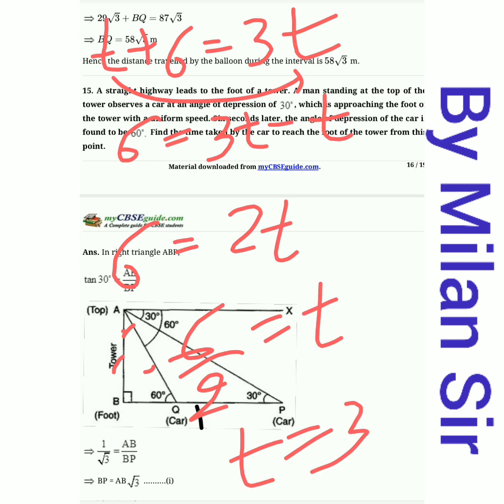Okay. Time taken by the car to reach the foot of the tower from the point Q is 3 seconds. Here we need to write a unit, 3 seconds. So first we use the distance formula here. Distance is equal to speed into time. Speed is uniform, that's why we take x, and at the final step x cuts. So speed is x, that is uniform, and we assume the time t, and at last we find this time t is equal to 3 seconds.